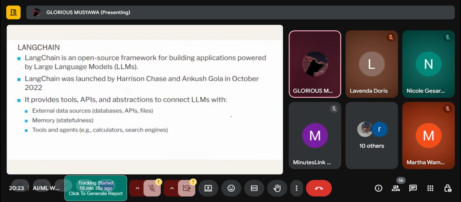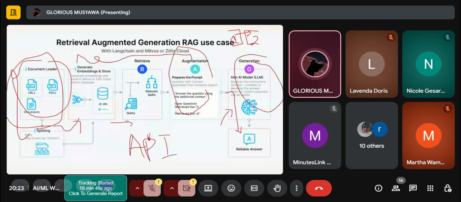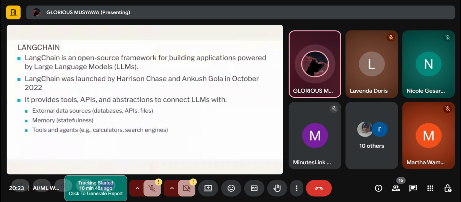So we have LangChain. It's an open source framework that does these API calls, for RAG. Open source means it's accessible for everyone, anybody. You can use it anytime, anyhow. It's open source for building applications powered by LLMs.